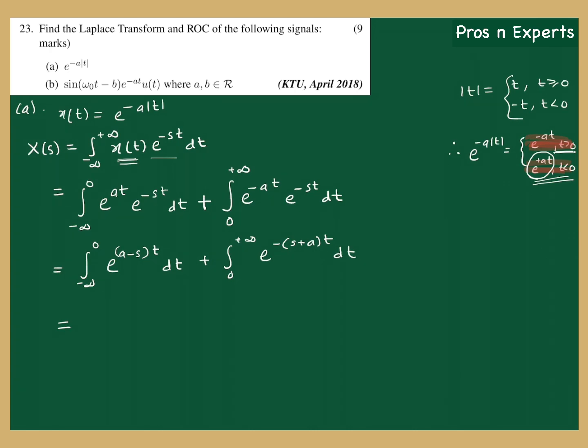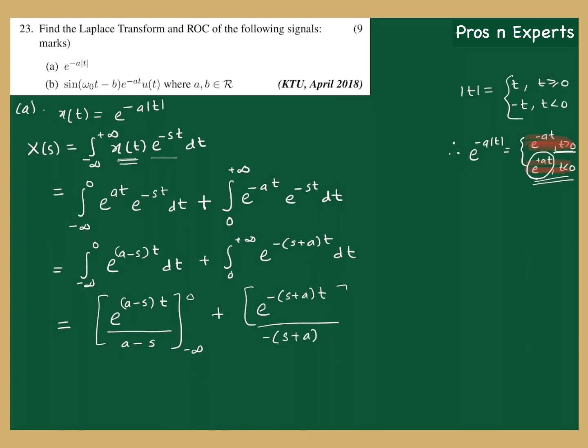The evaluation result of this integral is e raised to a minus s into t divided by a minus s, within the limits minus infinity to 0, plus evaluating the second integral, you will get e raised to minus of s plus a into t divided by minus of s plus a within the limits 0 to infinity. So that is equal to